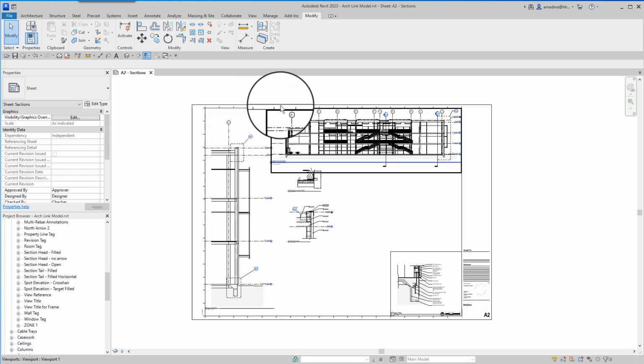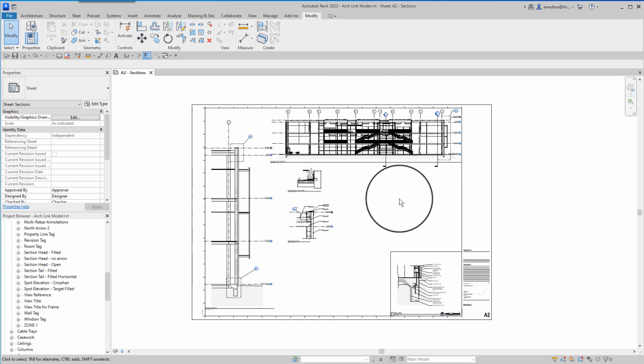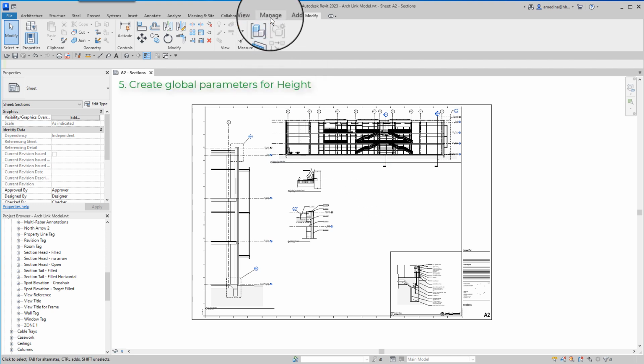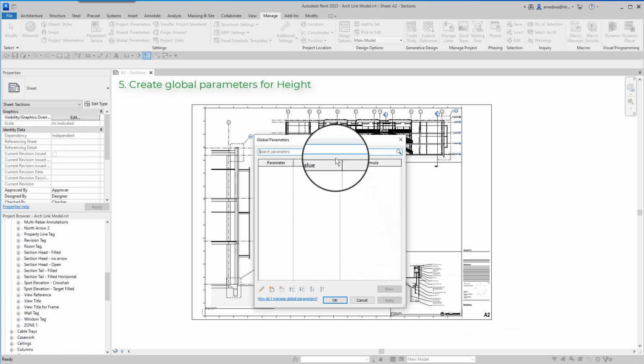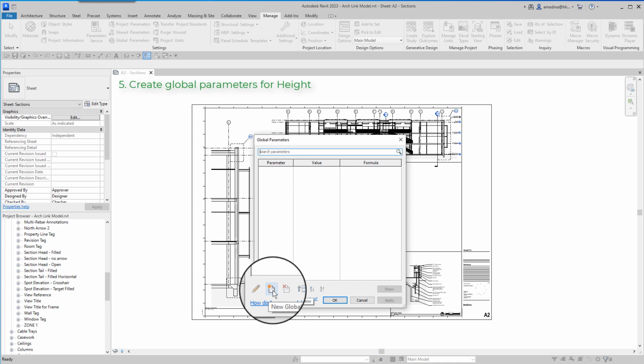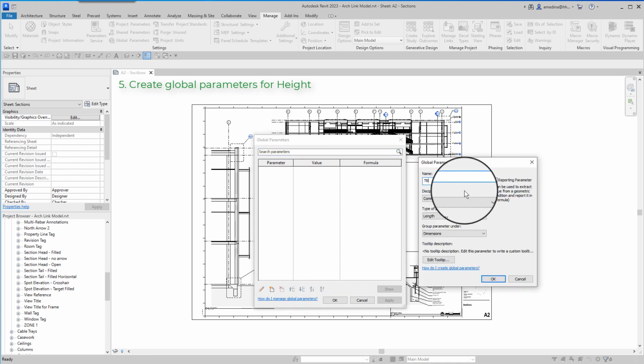And then we will do divisions or fractions of those two dimensions. So we go to Manage, Global Parameters, and we create the first global parameter like this. New title block separator age. This would be the available height, title block height.